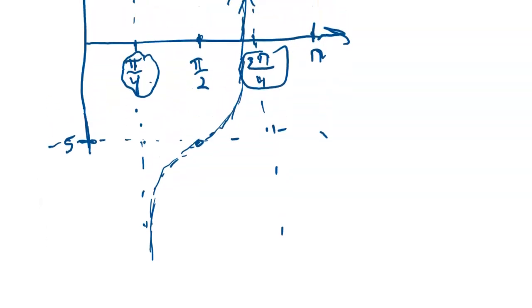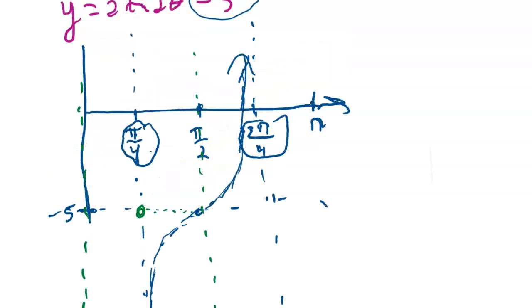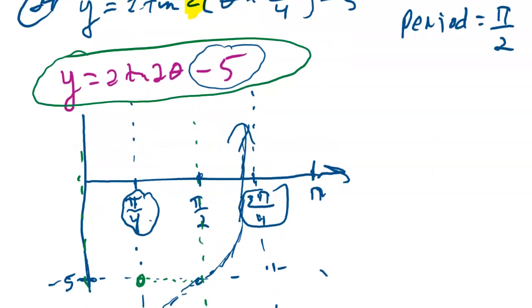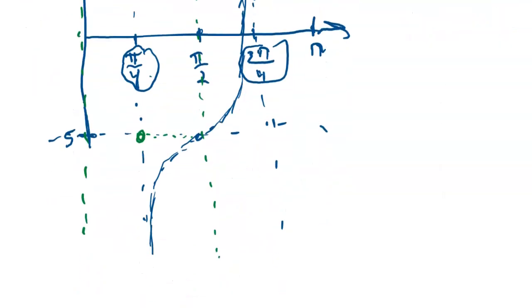That means we're taking every point and moving it left pi over 4, so therefore that point would be there. The asymptotes would also move left pi over 4. I hope that makes sense. This asymptote at 3 pi over 4 would end up at pi over 2 if we moved it over by pi over 4. And then the graph we want, this graph here that's been phase shifted, or translated to the left pi over 4, is going to look like